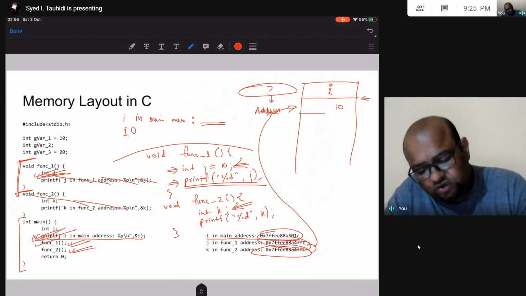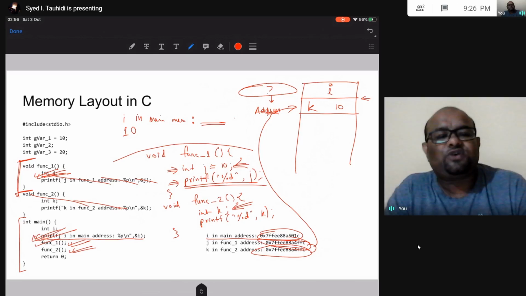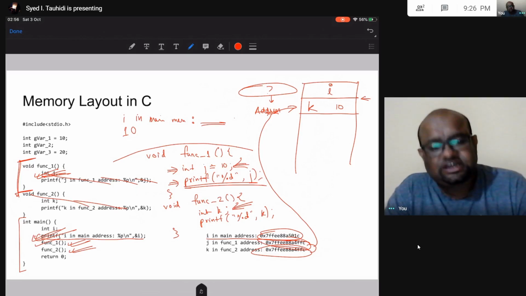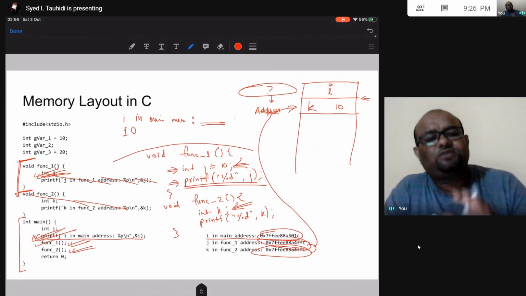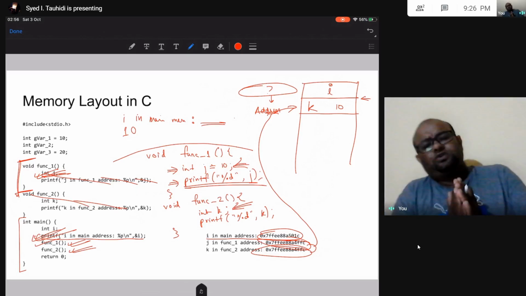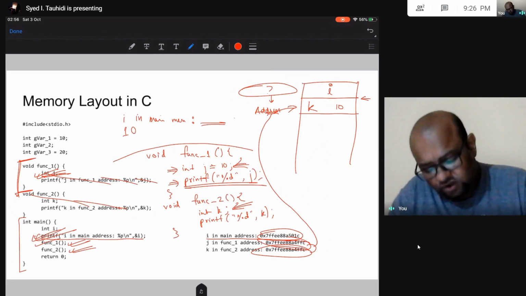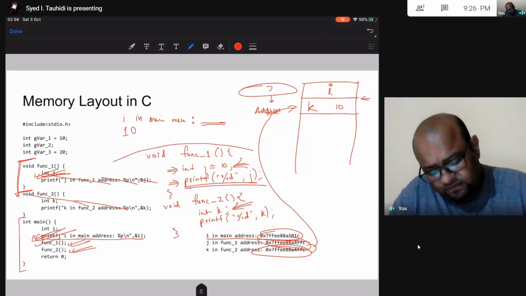So k is going to be allocated this address that was previously allocated to j in function 1. So this same address is going to be allocated to k in function 2. We discussed this. I hope we understood why this is going to be true, right?